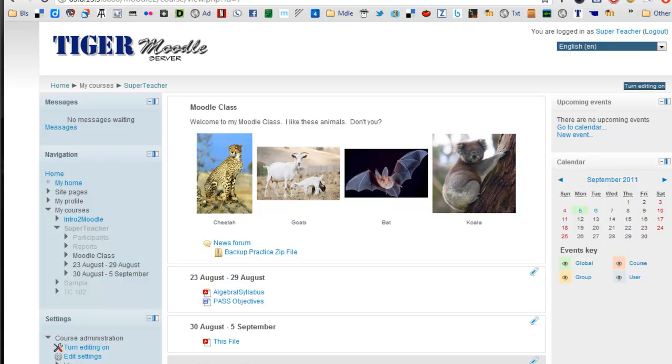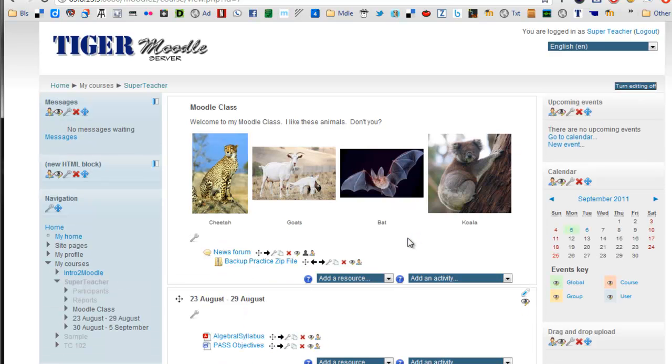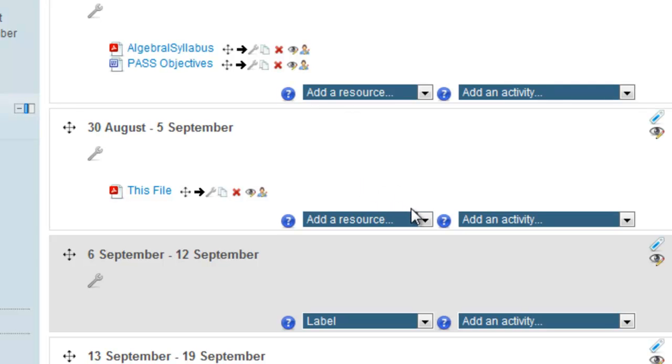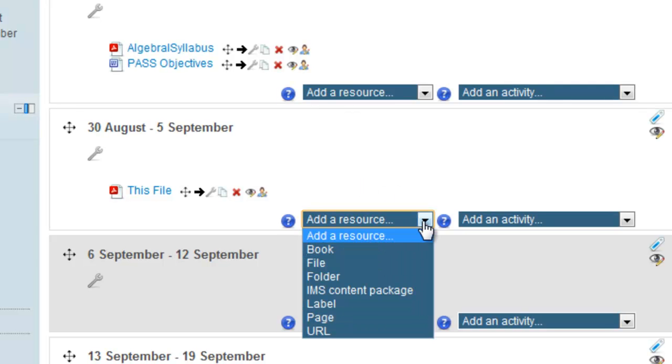So the easiest way to add a YouTube video is to just add it as either part of a label or part of a page. I'm going to start by adding one as a label, and the first step is of course to log in, go to the page where you want it, and then turn editing on. I'm going to add it in this area right here, so I'm going to go to add a resource and label,